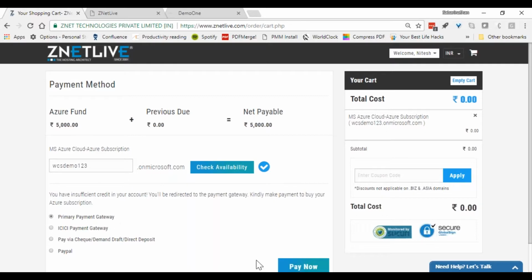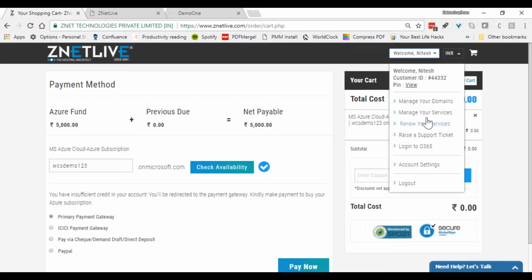So once the payment for the 5,000 is done, the subscription gets provisioned for the end customer. He will get his subscription details by email. So once he gets the details, he's able to do a lot of functions, right? So I'm just going to summarize what we looked at so far. We looked at the purchasing flow of the customer, being able to perform all the purchasing functions now. So let's look at the management journey.